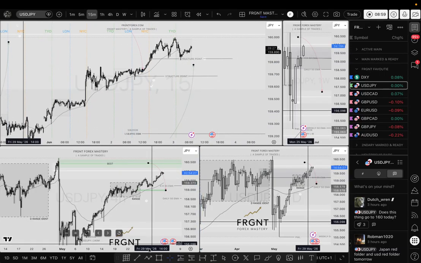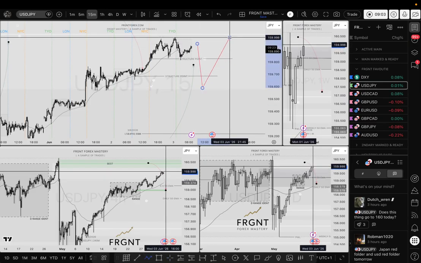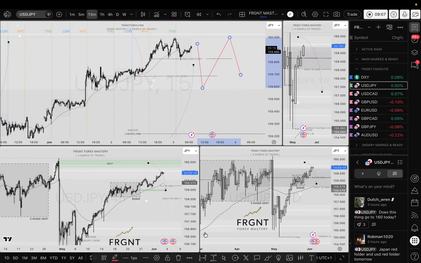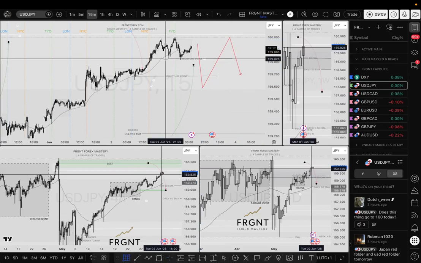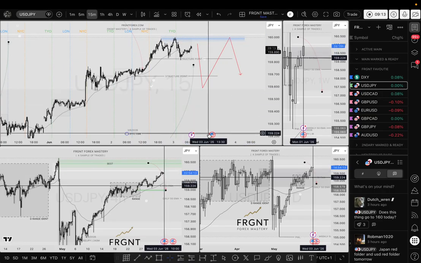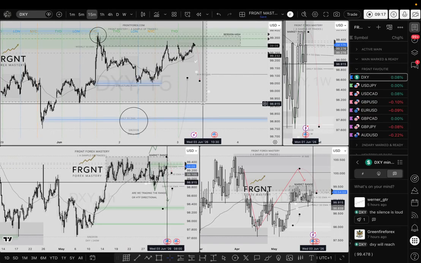So what I'll be seeking to understand on UJ, can we first and foremost get those breaks of structure, return to those highs, point of interest. Hopefully there's a 15-minute order block left up at those highs for us to look to manipulate based on lower time frame break of structure when price gets there. And then there's a good potential for a short. Have that in mind, that the DXY will have to do something similar.